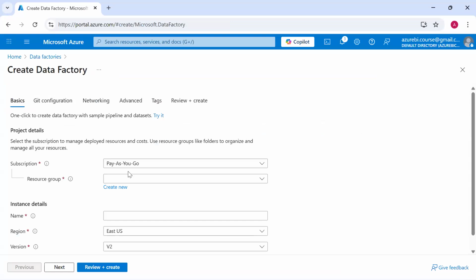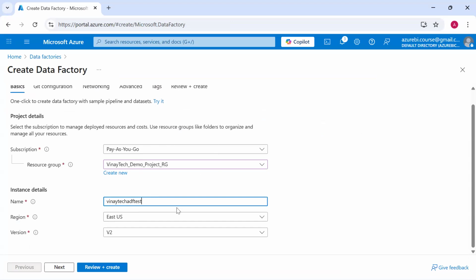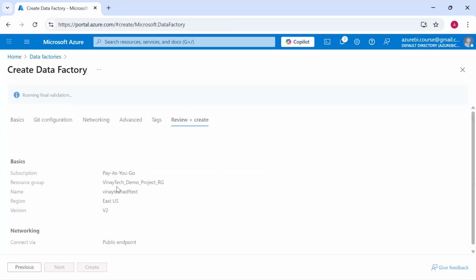So in the same project, Vinay Tech Demo Project, I'll type Vinay Tech ADF test. Okay, review and create. My data factory name is Vinay Tech Data Factory Test. And it is a very important tool, guys. In Azure, if you know this tool, there are a lot of jobs.